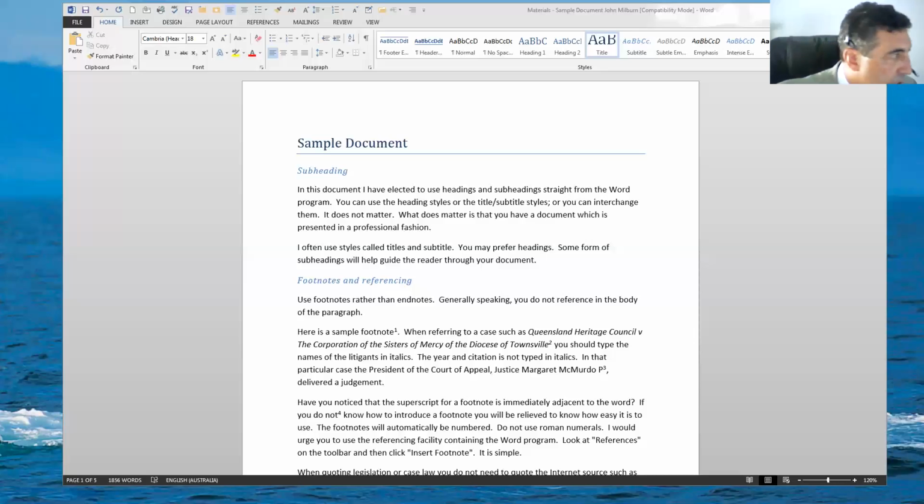Make sure that you have a look at my sample document, and a cover sheet is not necessary, at least for me. Check with others. I'm going to share the screen now so you can have a look at what I've called John Milburn sample document. There's no particular magic in this. It's simply a document which I've prepared, which might assist you in terms of understanding my expectations